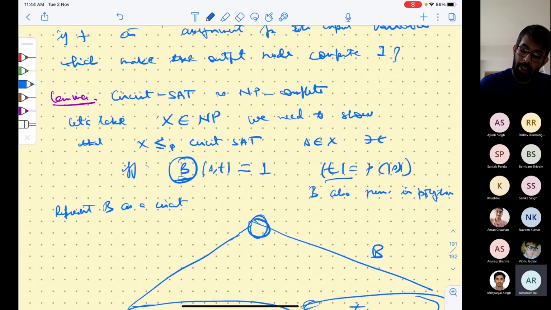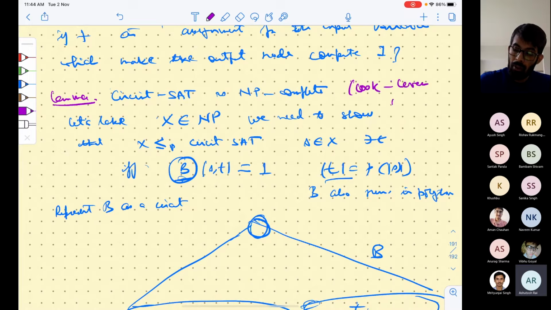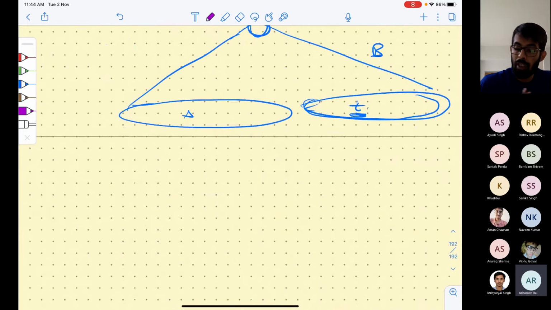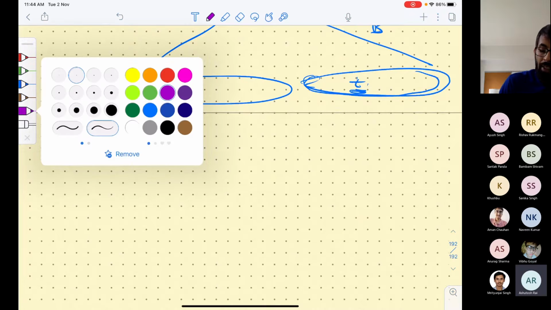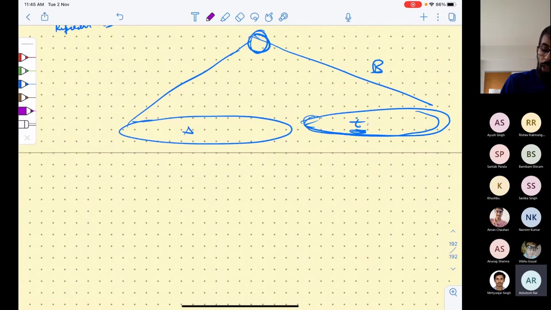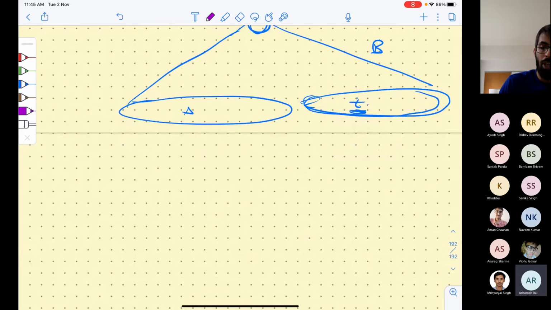So circuit sat is NP complete, which is also called the Cook-Levin theorem. This was the first problem, because otherwise we don't even know whether such a problem should exist or not. But once we find this, things become easier. Now we have one problem and a starting point. Remember the propagating the hardness part. So now what can we do? We can propagate the hardness, and show, for example, that circuit sat